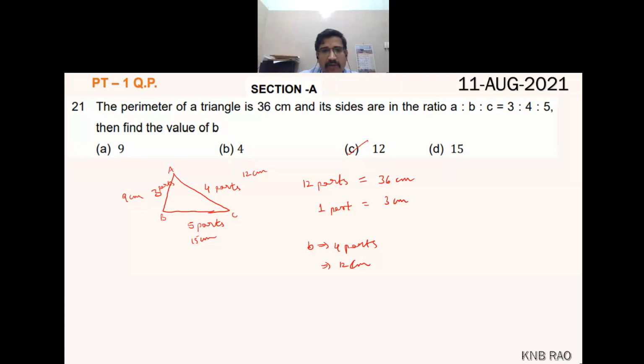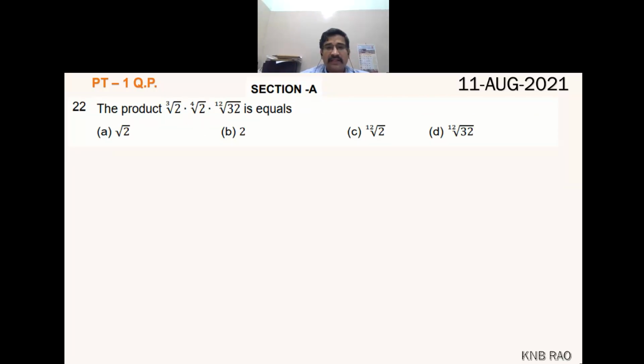Then moving on to question number 22. See, this question I discussed with you, and I told you this is a very important question, children, and most of the children are committing errors. Based on this, I have given 2 questions. One is arranging in descending order. Another question is finding the product.